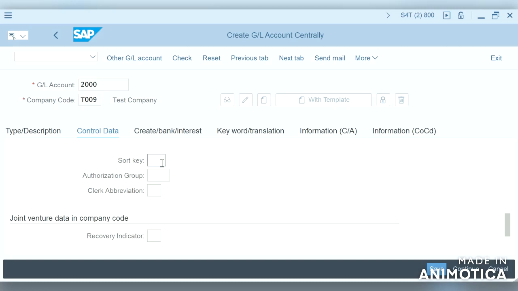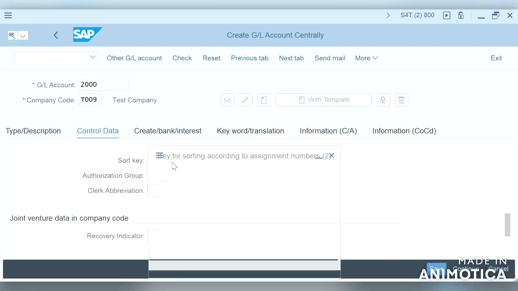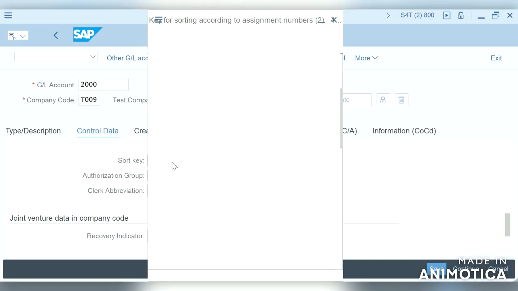And the sort key. Sort key fields are available in standard SAP and can be further customized.